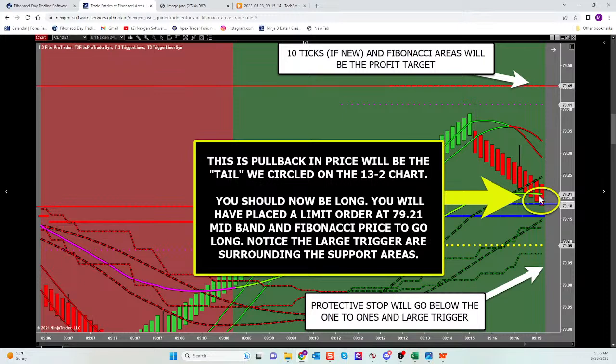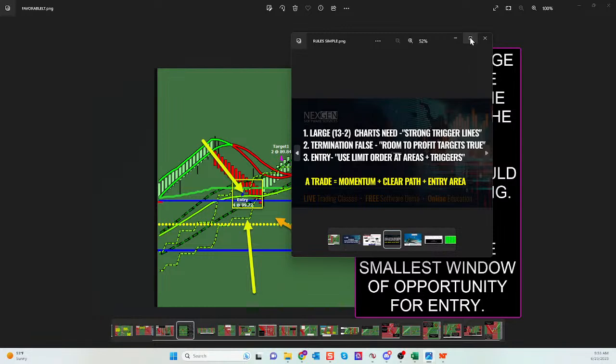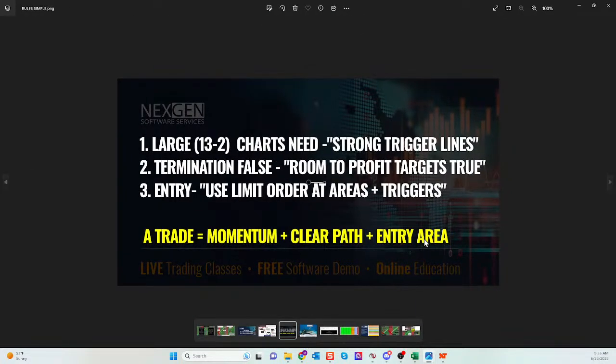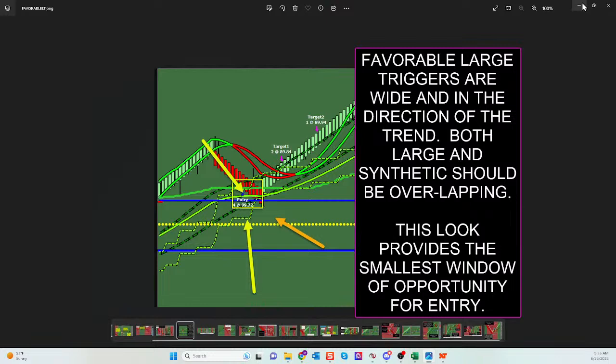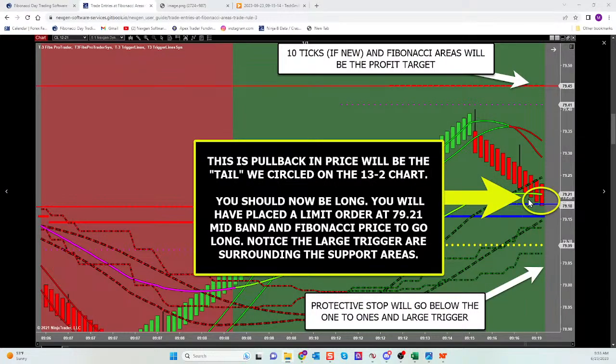Guys, you have every advantage in this trade right here. You have the advantage of momentum, the advantage of no termination conditions. You have the advantage of a clear path, right? You have the advantage of having entered the market where it's most likely to continue. Guys, this is the one that breeds confidence through the memory of success. This is your trade that you should never miss. This is the trade that every time it sets up, you should be chomping at the bit to be a part of.